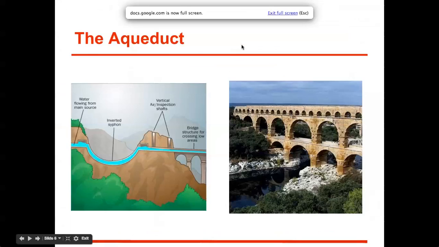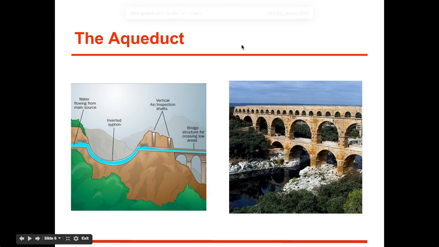And we definitely see that with the aqueduct. The aqueduct is very, very impressive. This is an example of an aqueduct that's still standing today. You can see the multiple arches there. One thing about Rome that we'll learn about is that they were not too great at keeping the water source right next to the city clean. And this was true about many different cities at the time. As soon as they grew too large, the water source would become very polluted. They wouldn't be able to get their water from that source.